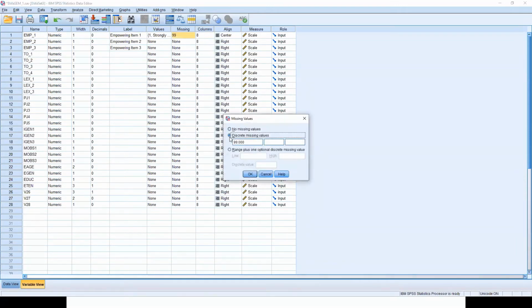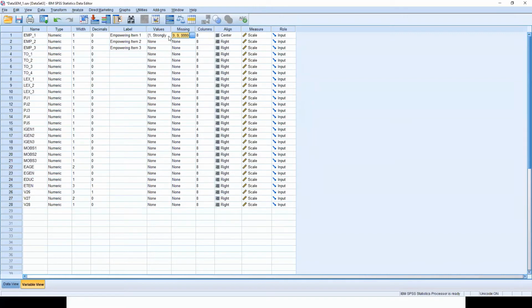I will code missing as 9999999. Okay, and then you can simply copy and paste.